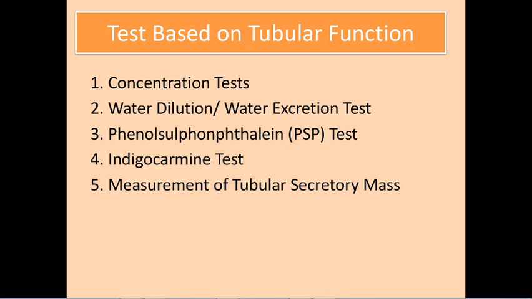Measurement of tubular secretory mass. This is the effective mass, that is milligram of tubular tissue participating in 1 minute renal excretion. This is estimated from the clearance of PAH or diodrast after its administration in a dose too high to be totally removed from the blood, even at the maximum rate of its urinary elimination. Normal human value averages between 50 to 70 milligram per minute for PAH and diodrast clearance.